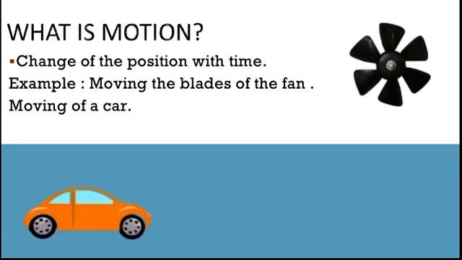So if you look again at the same bus, it was initially starting from Chennai. After some time it stops at one point, after some time again it stops at some point, and finally it reaches Bangalore. So as time passed, the position of the bus kept on changing.